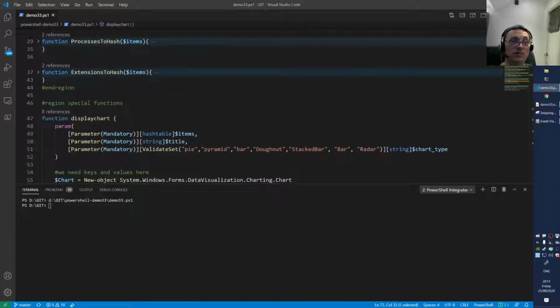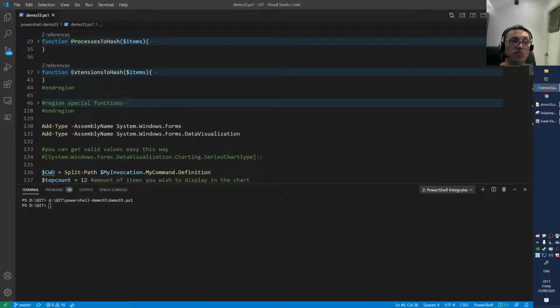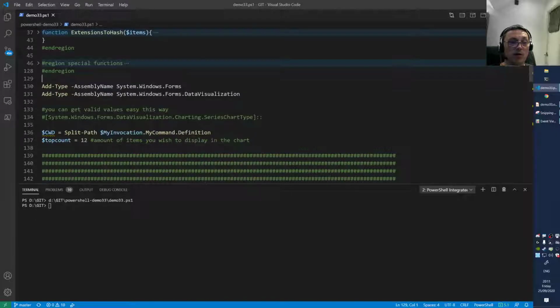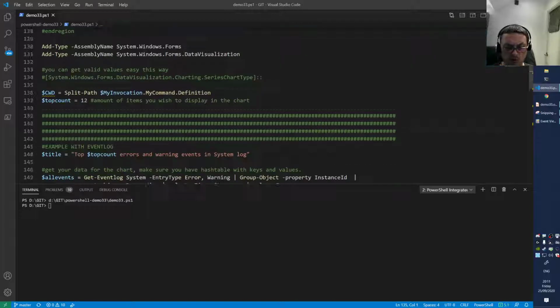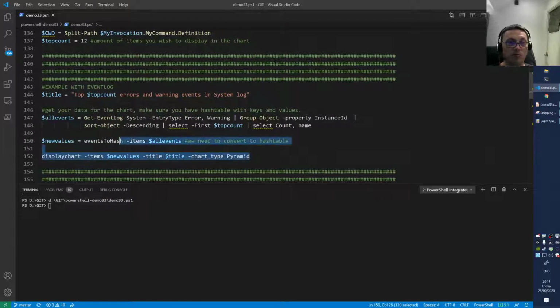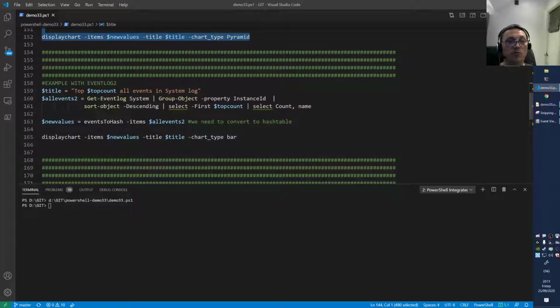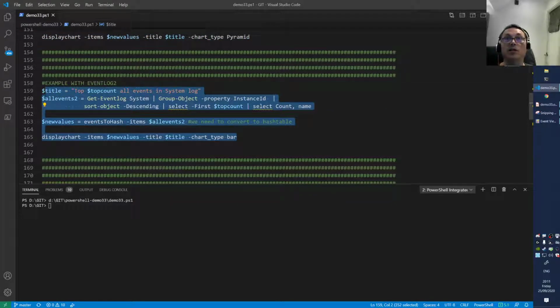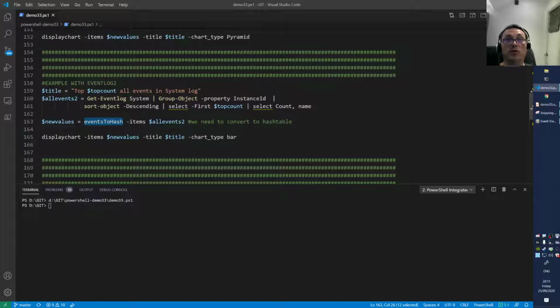I'm not gonna go into too much detail because it's pretty complex, of course, because it's a little bit C sharp, it's not really scripting only. So I run the script again and I'll show all the examples. So you have an idea now how it works. So here I have one example, and then we do another example, but just with other data, right? Another type of data, and I again convert that to a hash table.